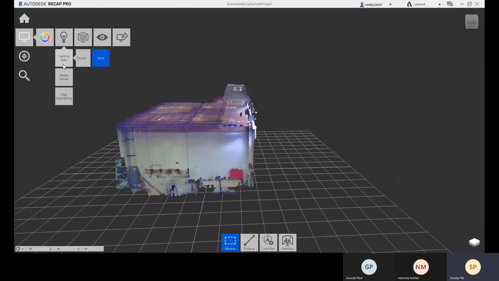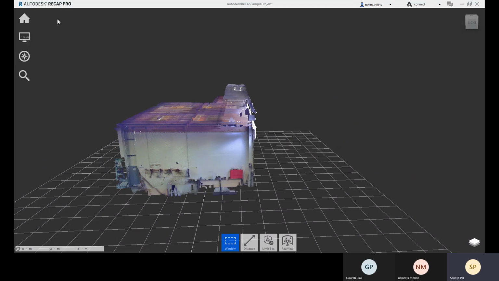You choose that none. And you have this shader model. For this shader model we have two options: one is Lambert and the other is Phong.